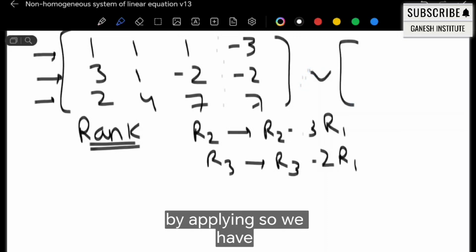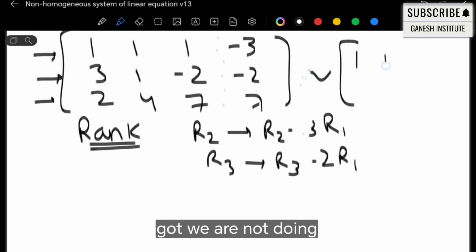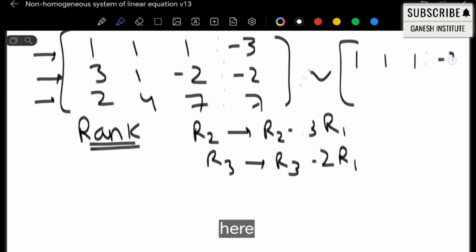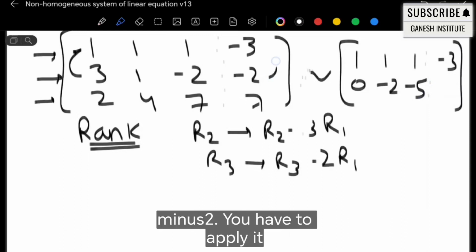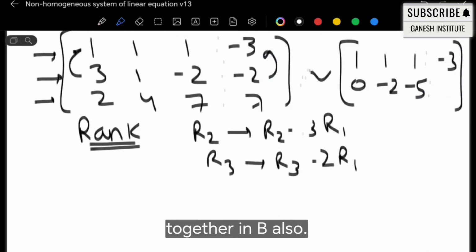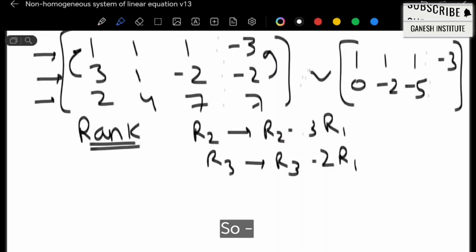By applying so, we are not doing anything here in R1. Now R2: 3 minus 3, 3 ones are 3, 0; 1 minus 3, minus 2, minus 3, minus 5, right? Then we have minus 2, you have to apply it together in B also. So minus 2,